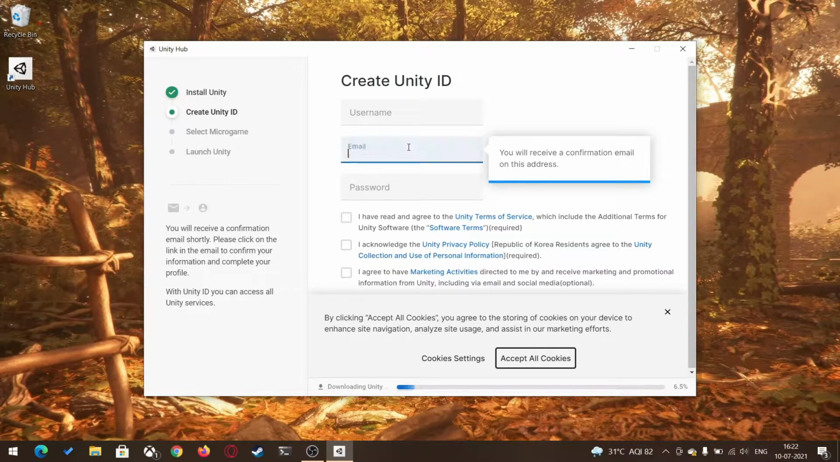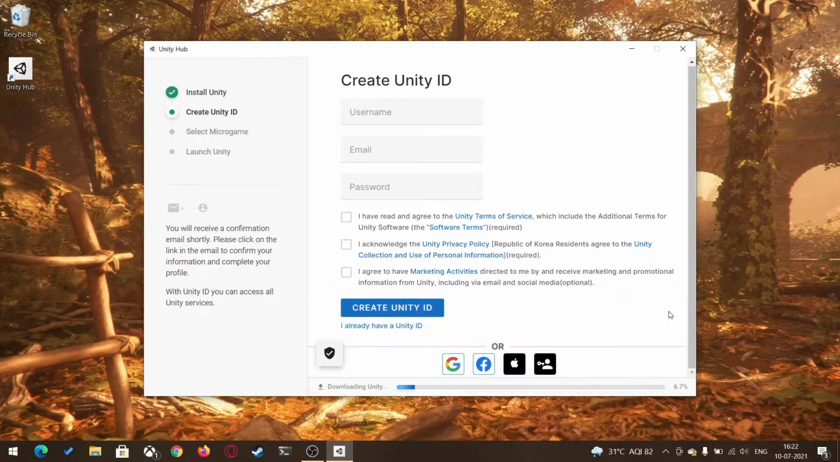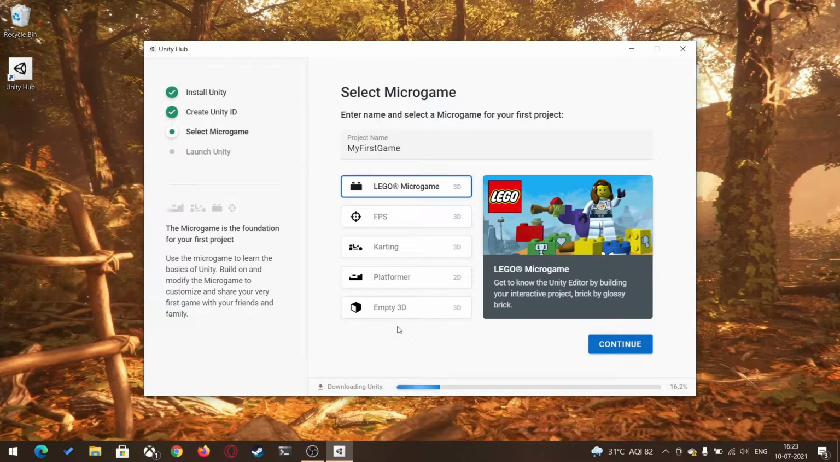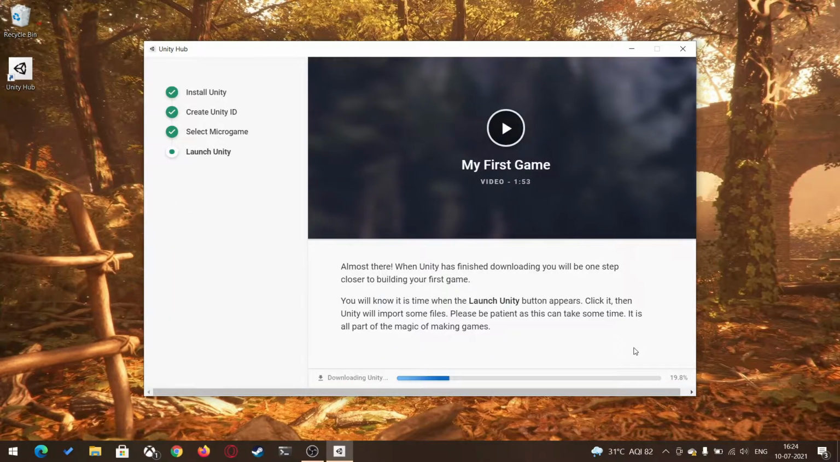Okay. I already have an account, so I'll be clicking on the I already have a Unity ID option, and then I'll log in with it. So let me just log in. So I've already logged in. The next step is asking me to download a starter game to explore, but I don't need that. Click on continue,